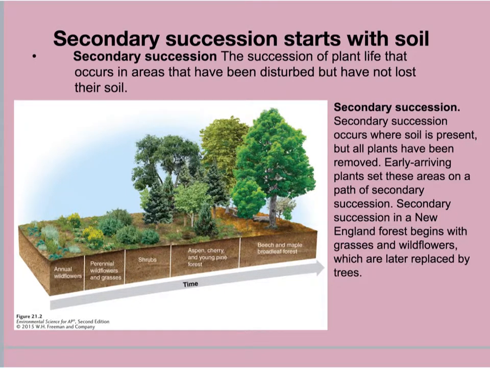Secondary succession occurs in areas that have been disturbed but have not completely lost soil. Like there's been no volcanic eruption. Secondary succession follows an event like a forest fire or a hurricane, something that removes a lot of the vegetation but leaves the soil pretty much intact. And so that area starts with a seed bank. Secondary succession also occurs on abandoned agricultural fields, like the New England forest at the very beginning of this section.